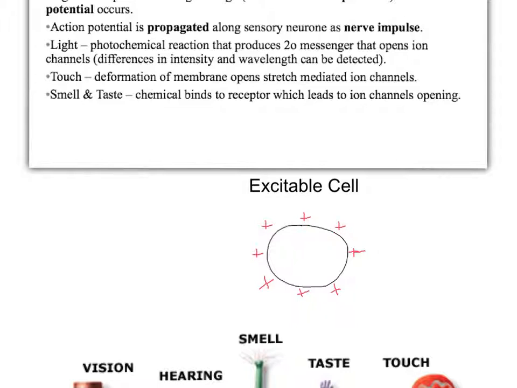So a neurotransmitter is released in response to these sodium ions moving into the cell, which is then transmitted to another sensory nerve fibre, which then sends an electrical impulse along its length, and we'll look at how that is achieved later on. So what we've got here is that a sensory receptor is an excitable cell